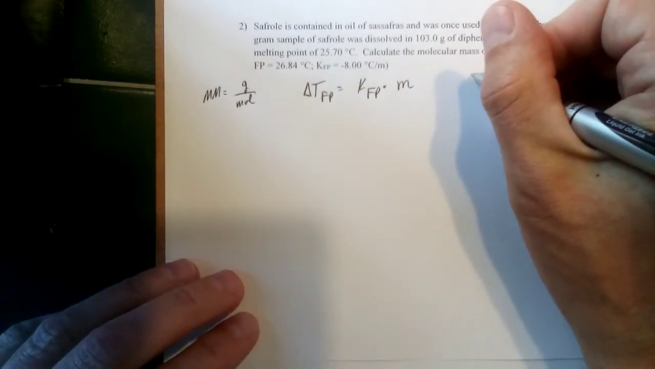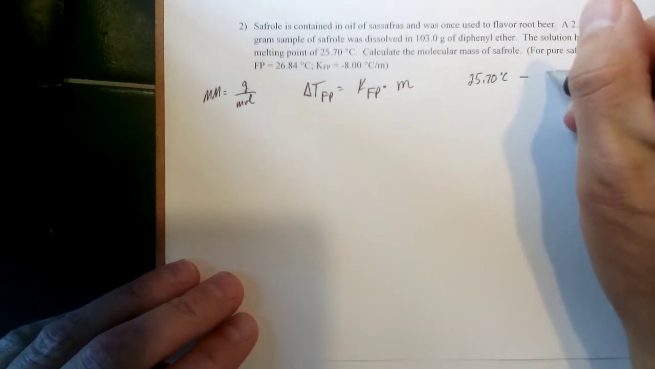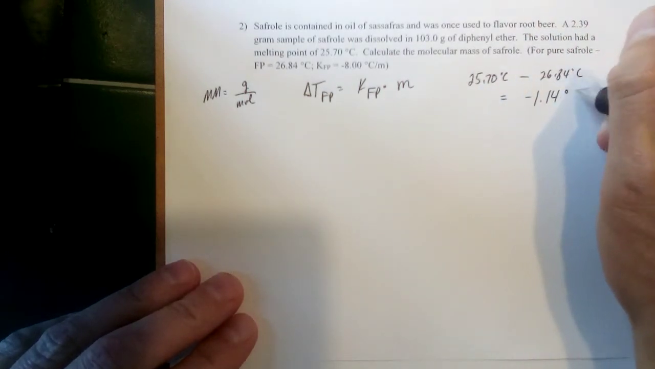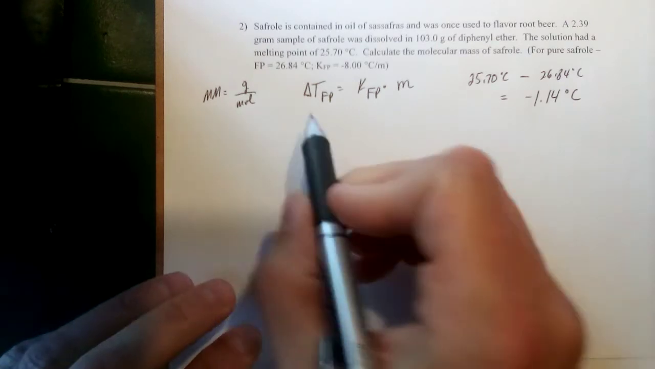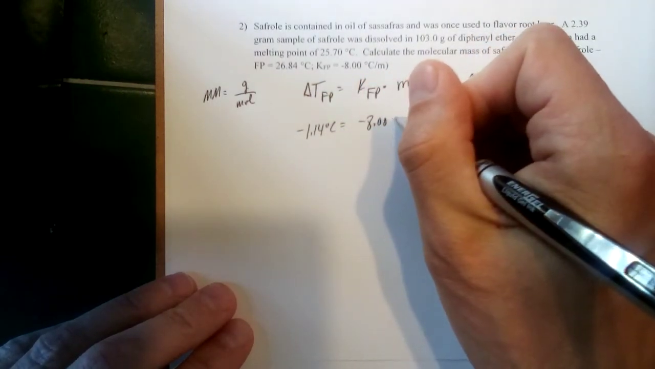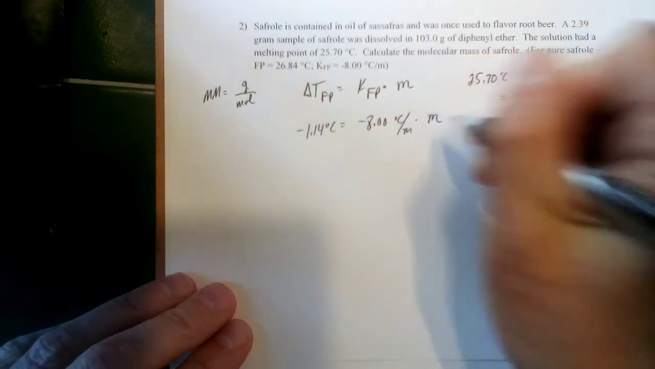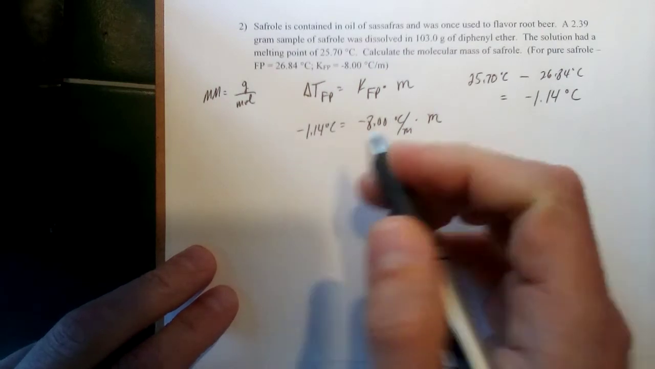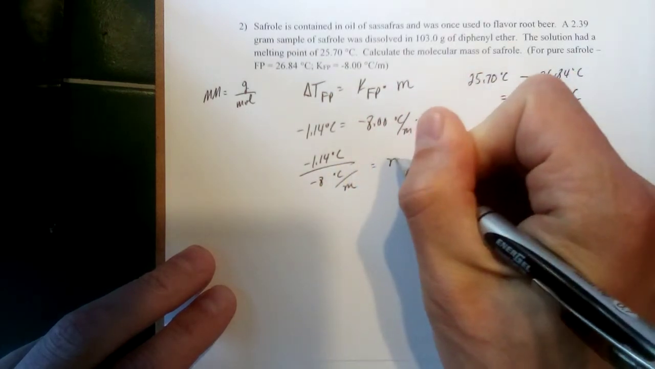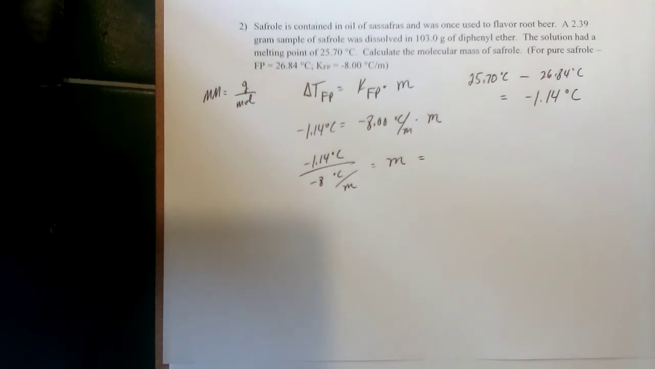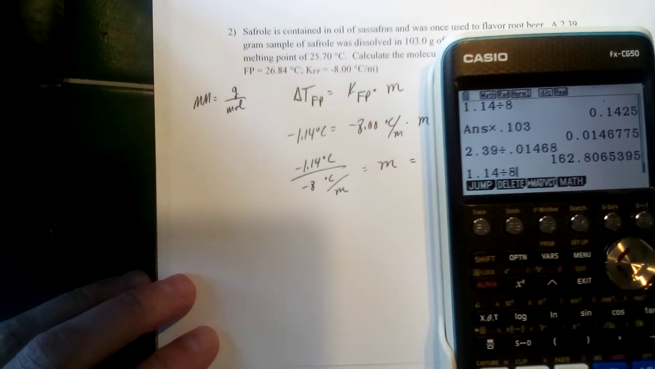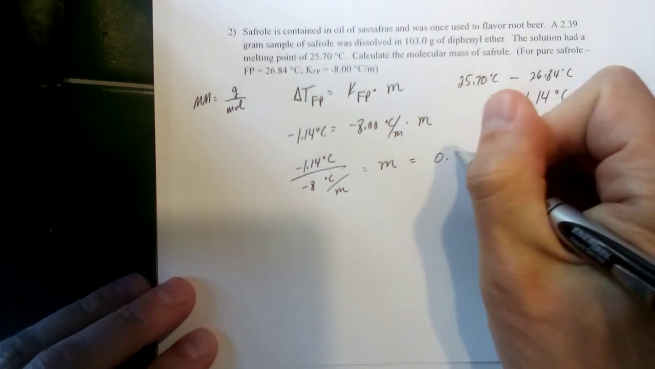So we will take the final temperature minus the original temperature, which would be the freezing point of the pure material, and that is negative 1.14 degrees Celsius. Okay, plug that in here. Minus 1.14 degrees C is equal to the constant, negative 8 degrees C per molal, and we're multiplying that by the concentration. So if I just divide both sides by negative 8 here, I isolate molality on one side of the equation, and then all I have to do is do that math. 1.14 divided by 8, since both the negatives cancel out, and this is 0.1425